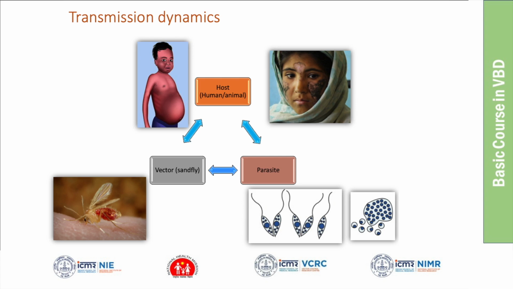At the same time, the vectorial capacity. The vectors are very common in the poor areas, among people, particularly the people living along with the cattle, and people living in mud wall houses. They are all susceptible to this type of leishmaniasis, because this sandfly grows in the cow dung